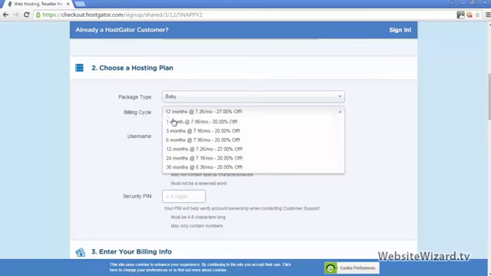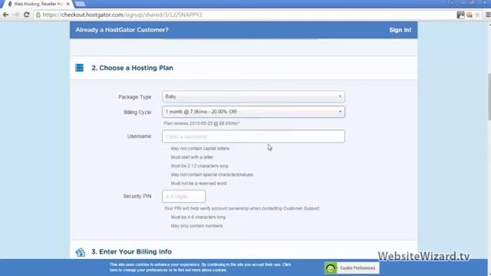We can either choose to pay month on month, or we can choose to pay for 1 year in advance, or 2 years, or 3 years in advance. And if you notice, when you pay yearly, you get a slightly cheaper rate here. But what I would suggest is that if you're a beginner, then go ahead and choose the 1 month here so that you're not tied into anything long term. So let's click 1 month here, and then simply choose a username and a security pin, and then move on